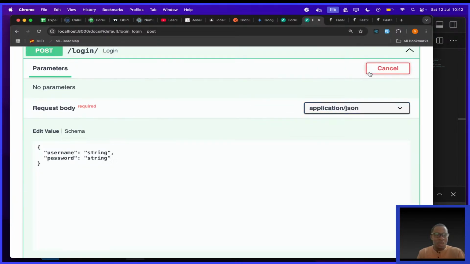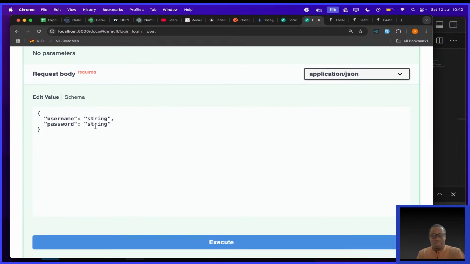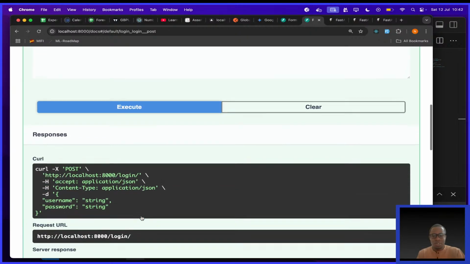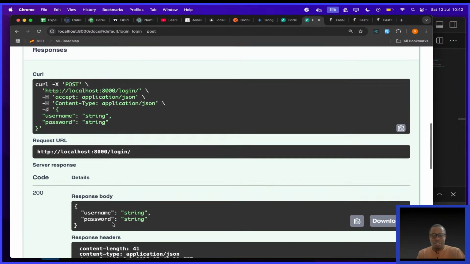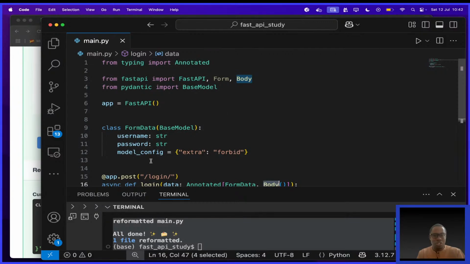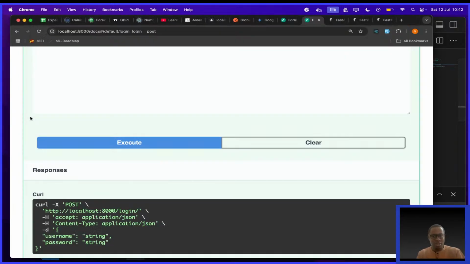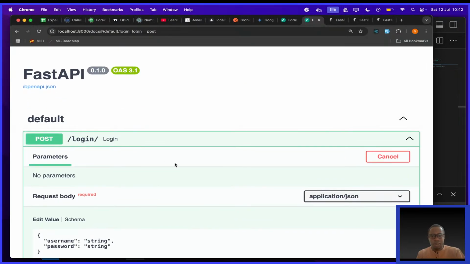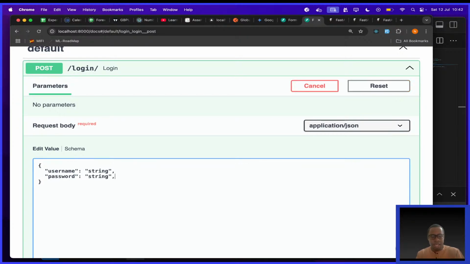Okay. So I'll try it out. And you see the example they give, execute, we get back stuff. And this configuration works, guys. It works. So if I come here and add an extra field,